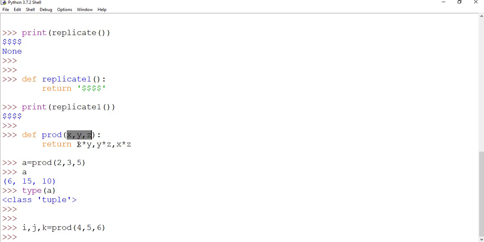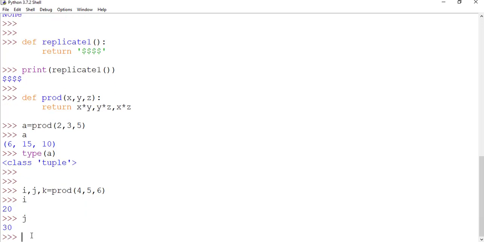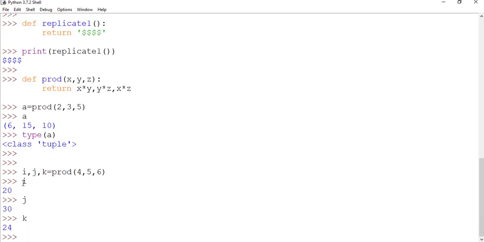Then what will it return? It will return 4 into 5, comma 5 into 6, comma 4 into 6. So those values will be stored in i, j and k. We can print the values of i, j and k separately and see that this is not a tuple, this is an integer. In this manner we can get multiple values from a function in multiple variables.